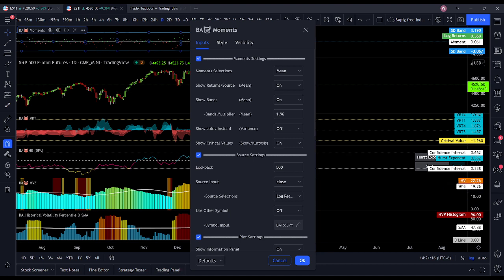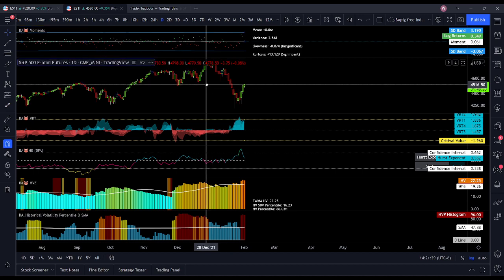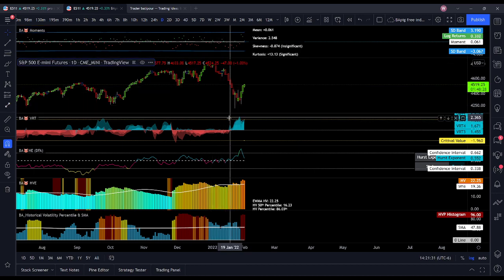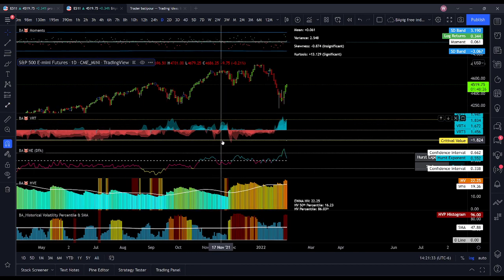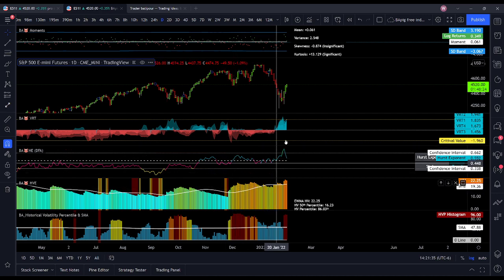Let's see here. Anything else that may be noted here? Just double checking here. So yeah, just looking over here on this most recent dump,